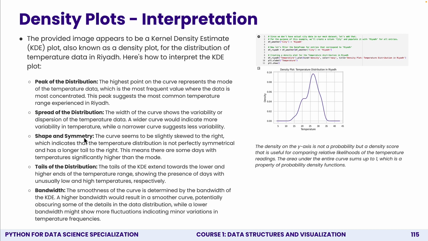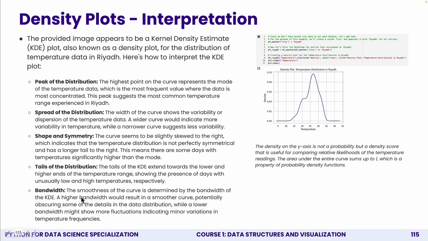The shape and the symmetry. The curve seems to be slightly skewed to the right, okay, the tail from here, which indicates that the temperature distribution is not perfectly symmetric and has a stronger tail to the right. Right. Yes. This means that some days have temperatures significantly higher than the others. Okay? We have temperatures that are higher, that are more frequent. Okay, the tail of the KDE extends toward the higher ends of the temperature,